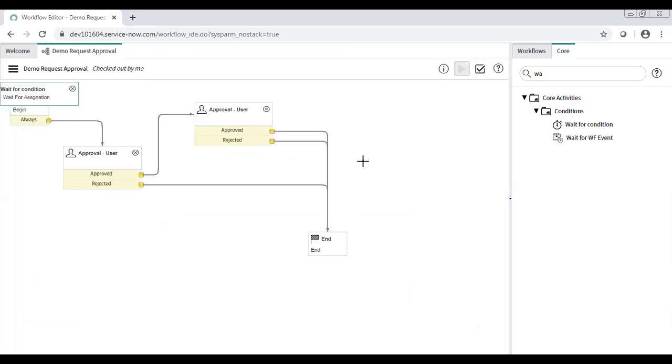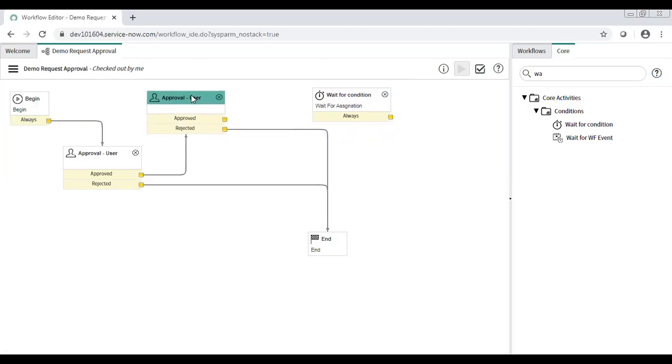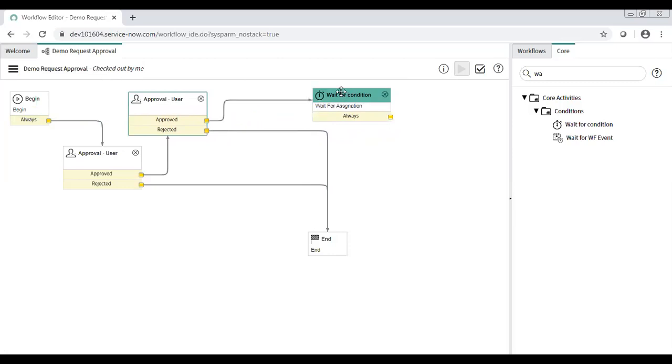So what this particular activity will do is wait for someone to select an asset in that field. So after approval, my workflow will go here and it will wait for someone to select.